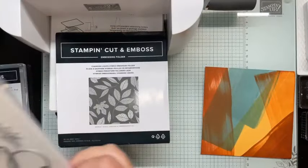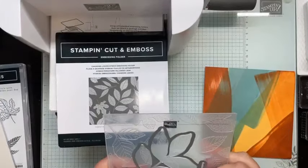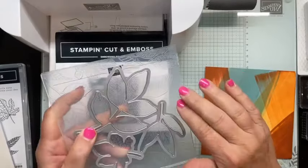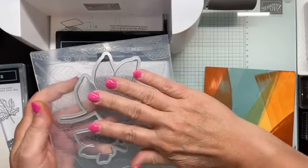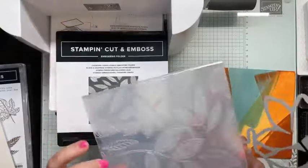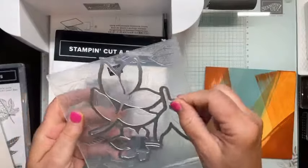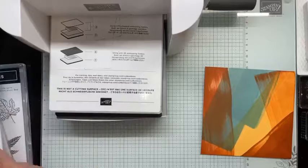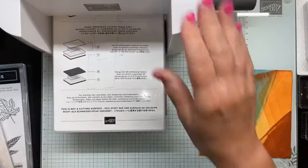So this is part of that die set, right? So Hybrid Embossing Folder means there is one large die that fits into this 3D embossing folder. If you were holding this now, you would see it kind of just fell into place, locked into place. You can use the die separate. You can use this pretty embossing folder separate, or you can use them together to emboss and die cut at the same time, which is what I'm going to do right now with my very inky